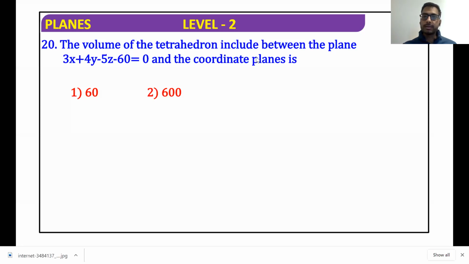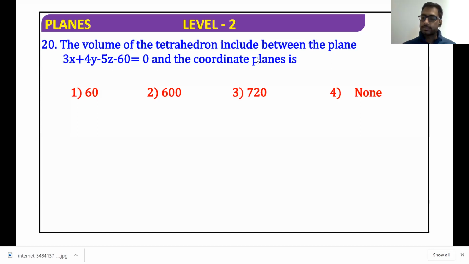The volume of a tetrahedron that's included between the plane given here and the coordinate planes is question mark. So what is the volume of a tetrahedron? The volume of tetrahedron formula is in terms of AB, AC, and AD, if your 4 points are given as A, B, C, and D. Here, let us say the 4 points given to us are A, B, C, which are going to be your intercepts on the x-axis, y-axis, and z-axis, and there is the origin O. Therefore, the volume of the tetrahedron would be 1/6 of the box product of OA bar, OB bar, OC bar.